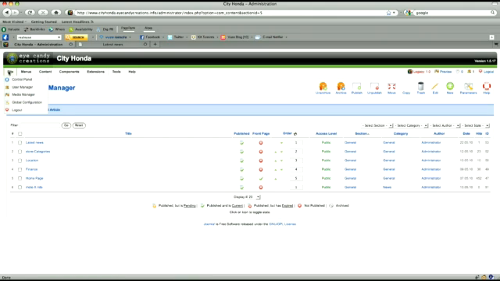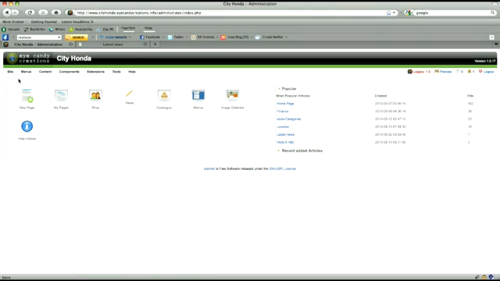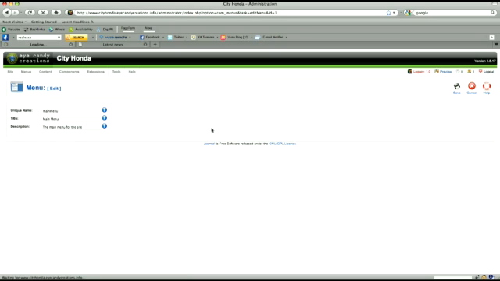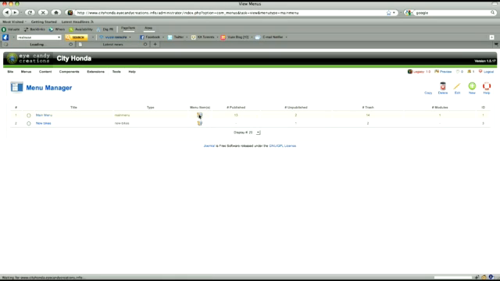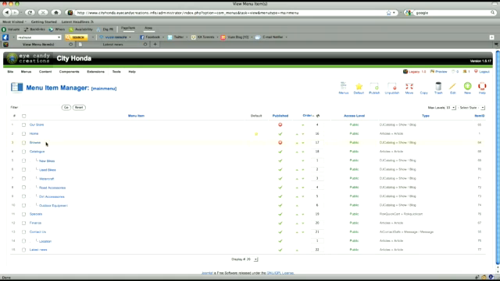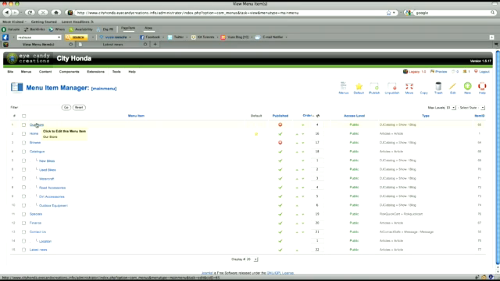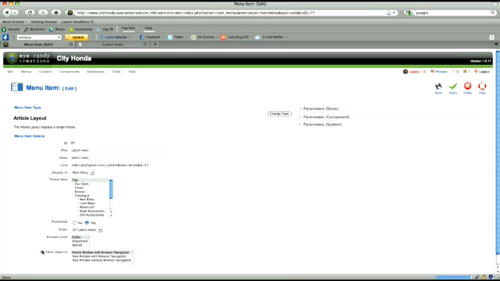and we'll go back to the control panel and we go to our menus icon here. Okay, so it's now in main menu. Click on this thing here and it'll give us a drill down of what's actually on there. So this is our main menu at the top here. It's got our categories at the top, home, catalog, specials, finance. Catalog has sub-menus. So here's our latest news that we've just made. So if we go ahead and click on that,